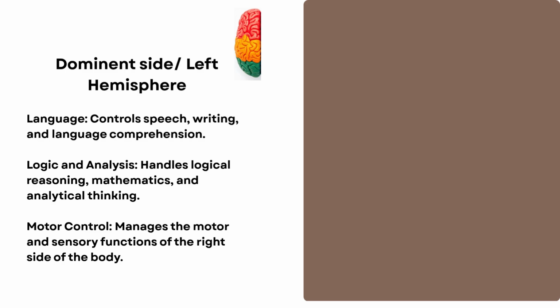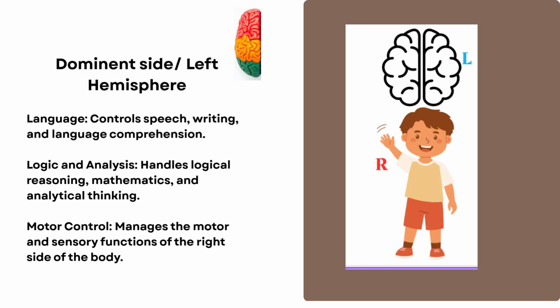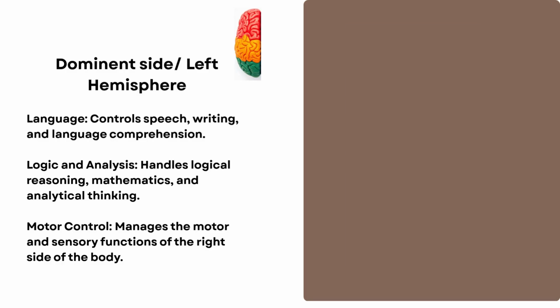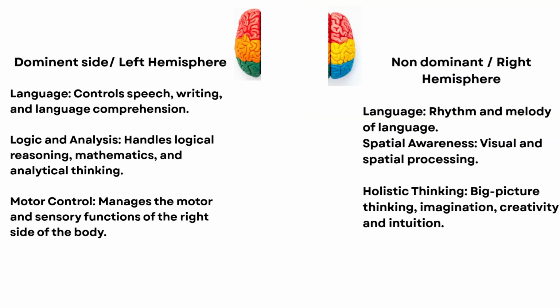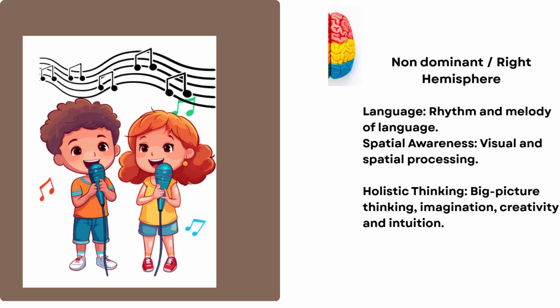Furthermore, the left hemisphere controls the right body part. It helps us to move the hand and leg. Also, all the sensory information from the right upper limb and lower limb will come to the left hemisphere for processing. Now, the right hemisphere, that is the non-dominant brain for most of us, usually controls the rhythm and